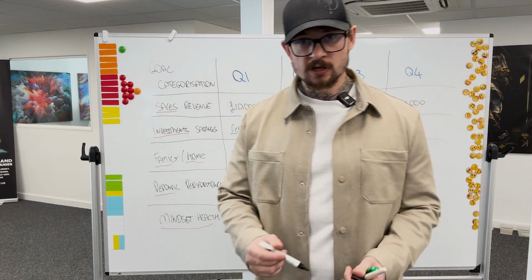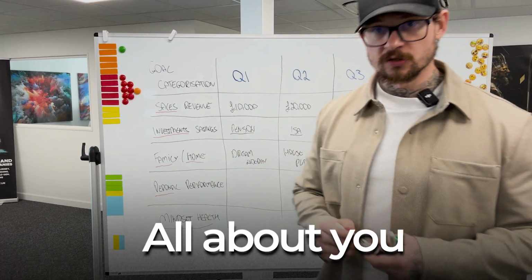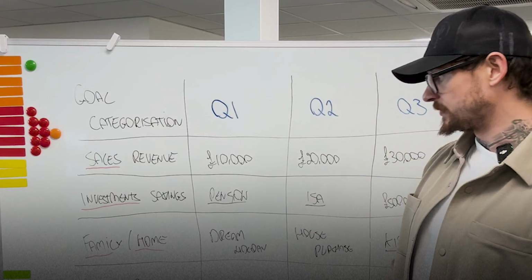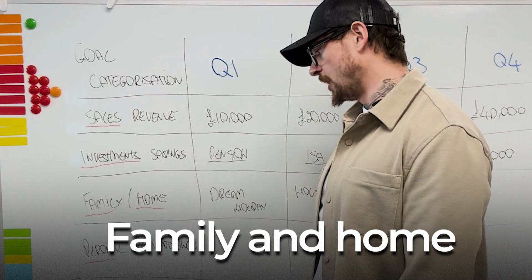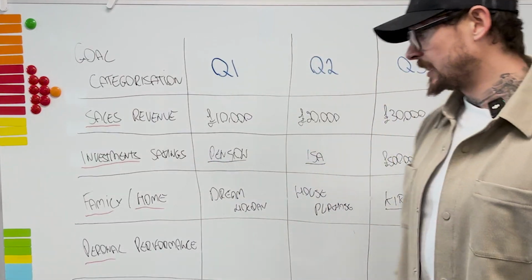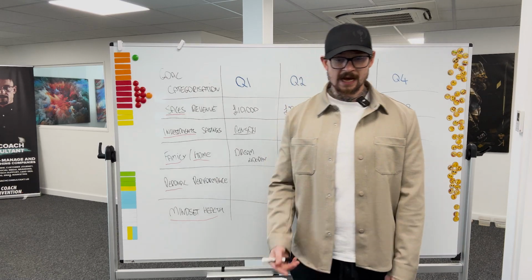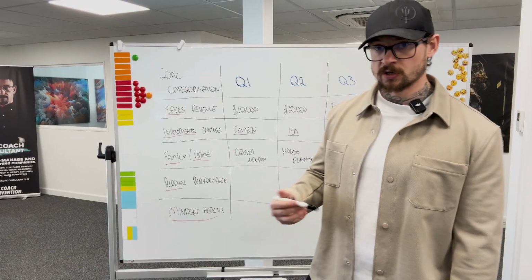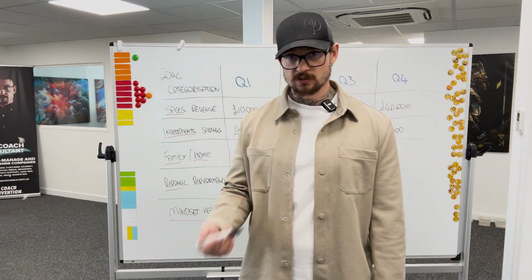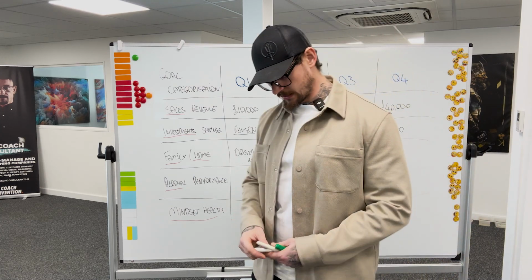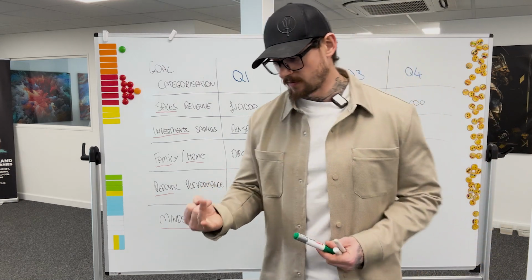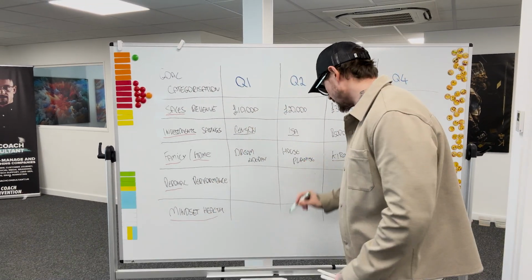And then the big ones when you're coming down at the bottom are all about you guys. As you can pretty much see here, this is all about business. Yeah, it's going to give you more opportunities to have more savings, to have more family and home. But for me, when we're looking at clear goal setting and for you to be at your absolute best, this is about how you are setting clear performance targets for yourself in terms of what you're going to do physically with performance, how you want to look, and also how you want to feel. So for me, I would be putting mine down here where I've got January, February and April. So that's going to be coming into Q2.